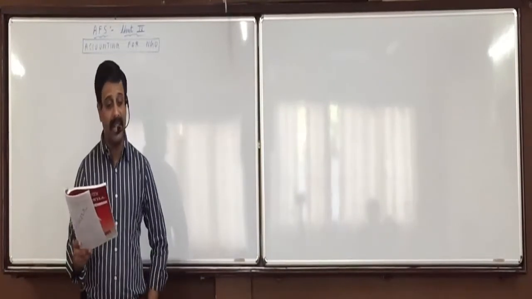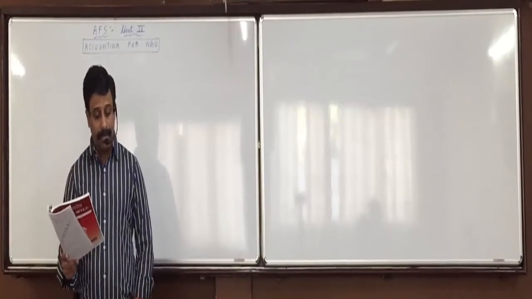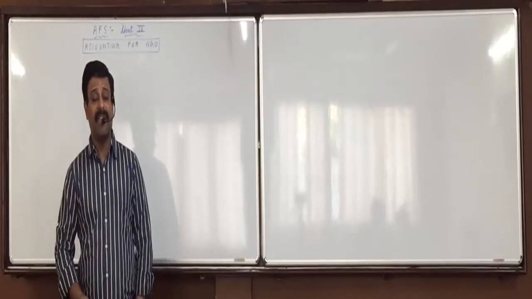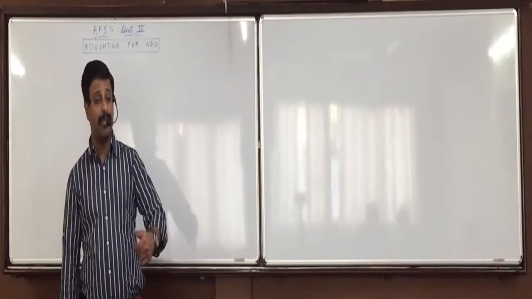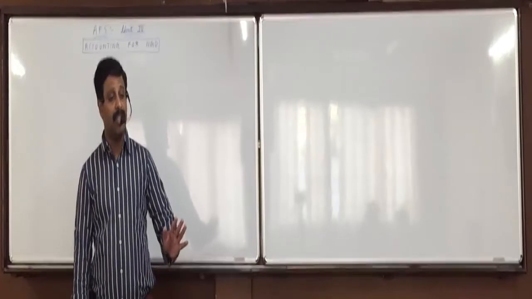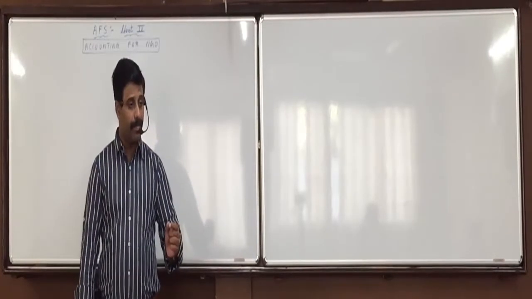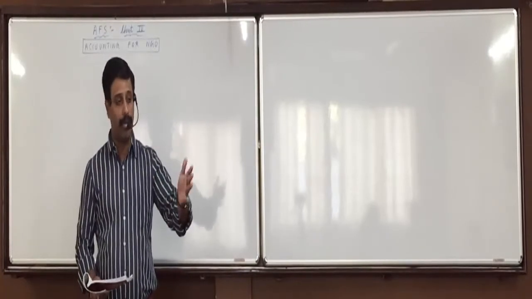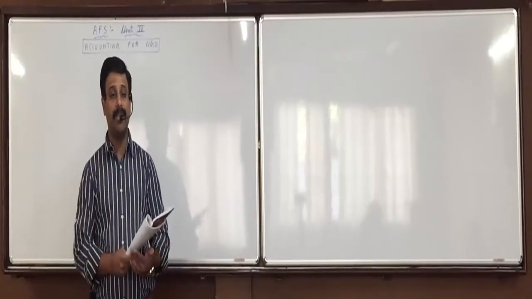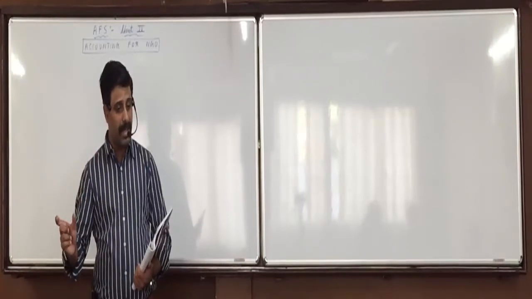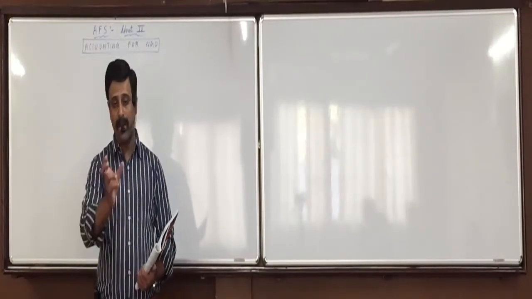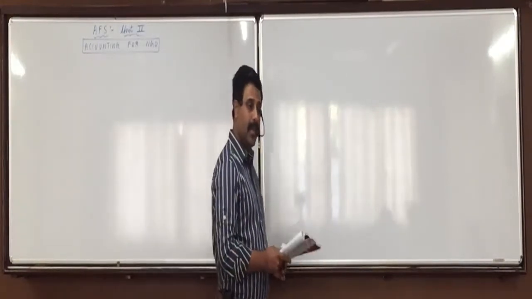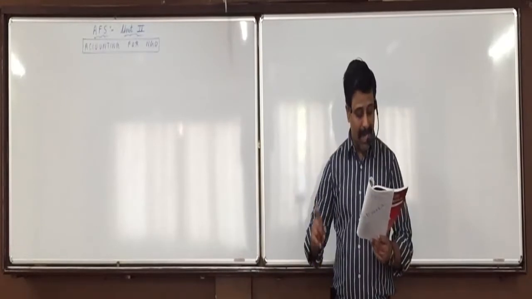Third heading is restricted funds. Mark it as number 3. But schedule number is 5. Now restricted funds means again they are restricted, they cannot be used for any purpose. But it is not that they can be used for only one purpose. They can be used for a group of purposes, but beyond that they cannot be used. Designated means you can use it only for one specific purpose. And restricted means you can use it for 4, 5, several purposes, but beyond that you cannot use it. Did everyone understand this? So mark it as number 3.